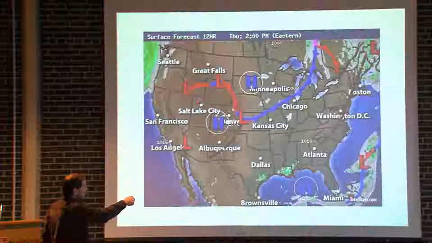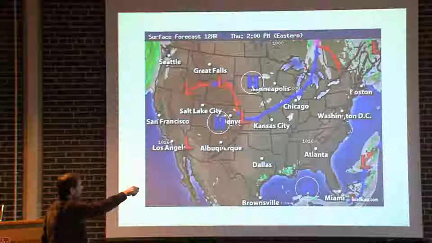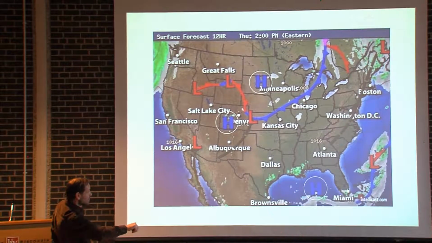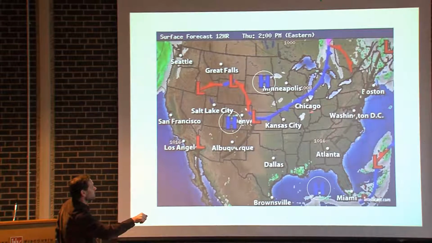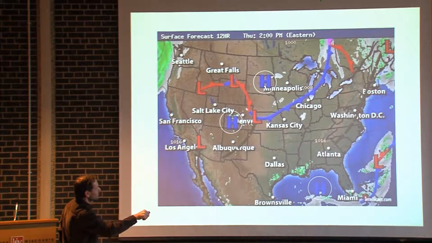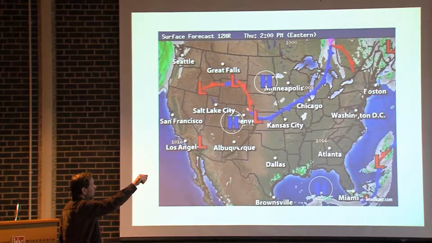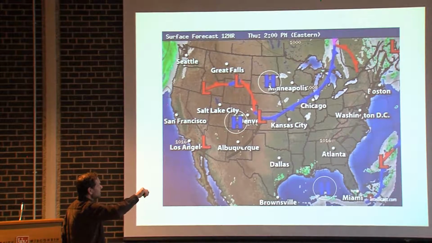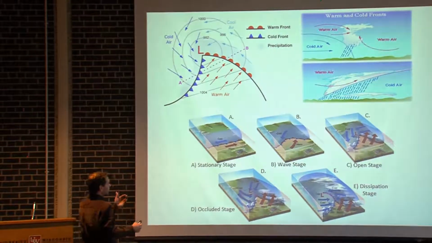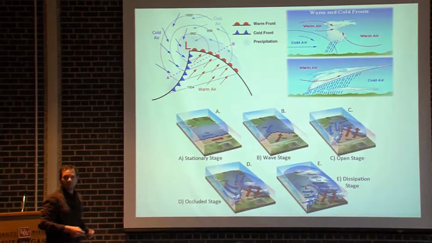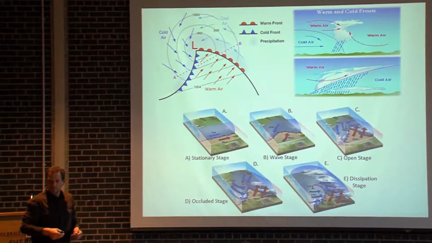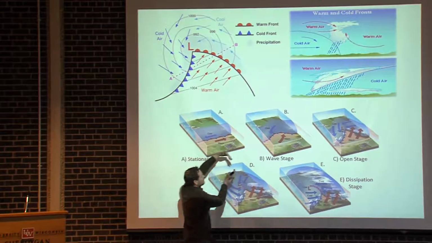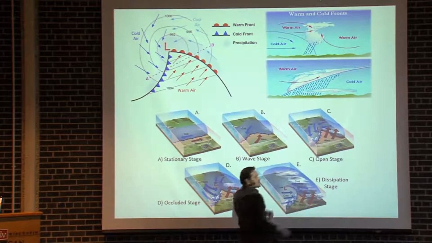Now where they border each other, right here, this cold front, as you can see, the winds are flowing against each other. So the northern flank of this subtropical high is flowing from west to east, southwest to northeastish, right? The southern flank of the continental polar high pressure is flowing from northeast to southwest. Where they meet, they're flowing against each other. So as you can see in this first diagram, the first step in spinning off a low pressure system, the systems that are conducive for rain and severe weather, is these two grinding against each other and eventually spinning off a low pressure system.